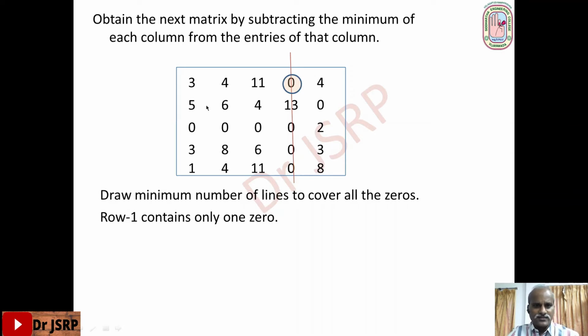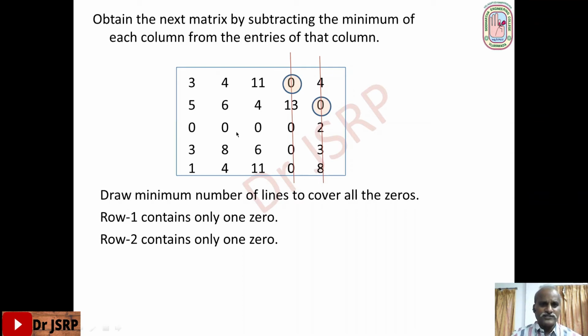Okay. Next, come to the second row. So remove this column. Observe the remaining four entries. So the second row also contains only one zero. Circle that zero. That means the second job has only one possible assignment, that is, to the fifth person. So fix the fifth person to that job. That means cross off the fifth person. So draw a vertical line. That means the fifth person is fixed to the second job. That is the meaning of this vertical line. Next, come to the third row. The third row has more than one zero. That means the third job has more than one possible assignment. Okay. So in this case, we cannot assign.